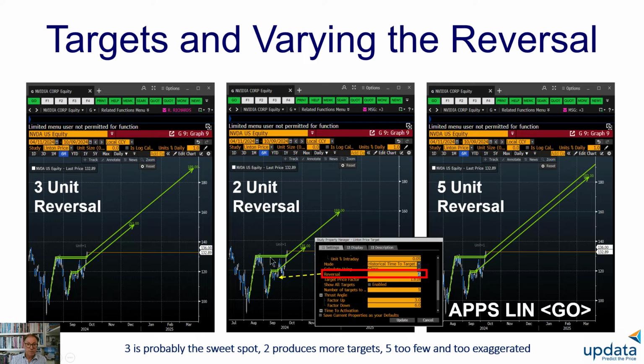This is a half the move, so we're only going one more time. And this now is a fifth of the move, so there's another 4/5 of the overall structure. So just varying the reversal, unless you know what you're really doing with these, I really recommend you stick with